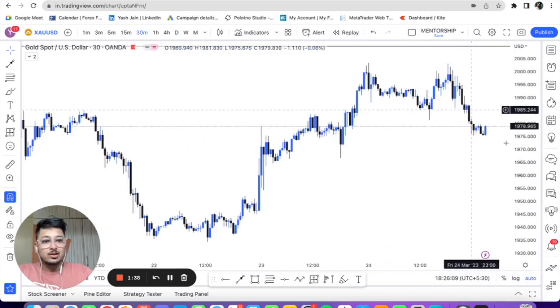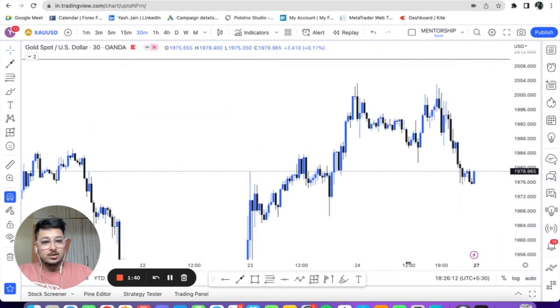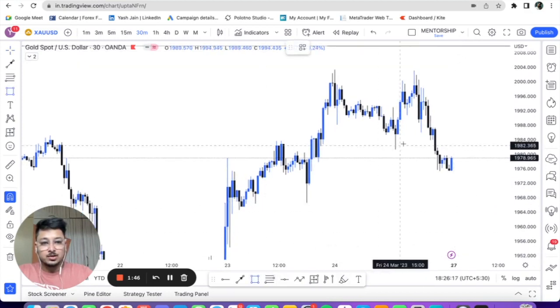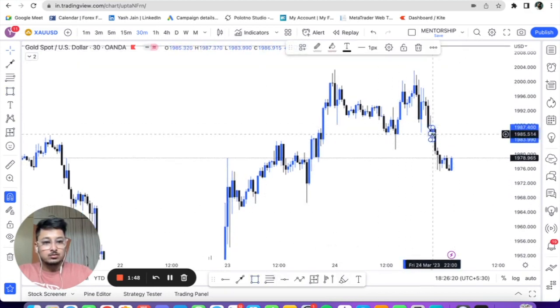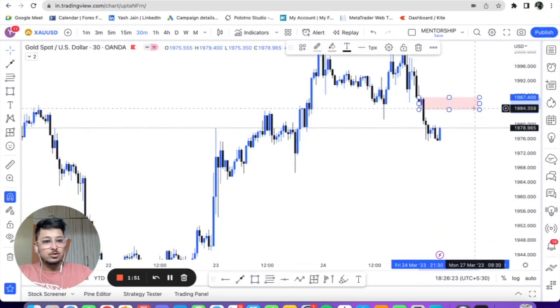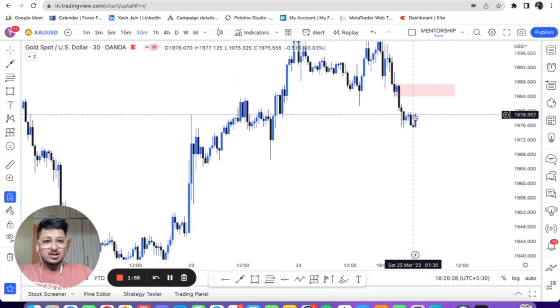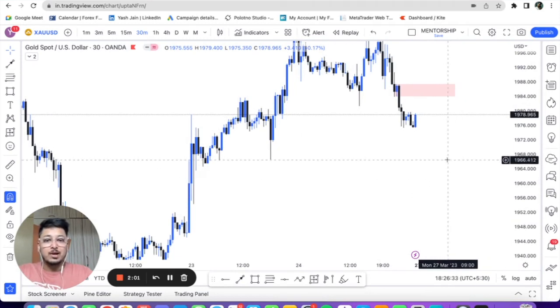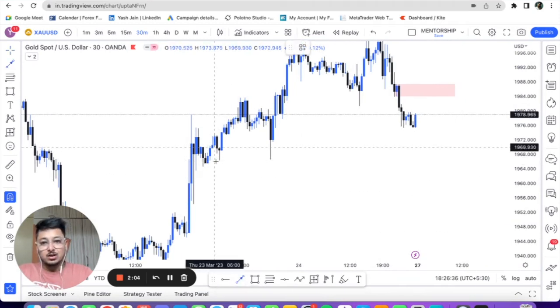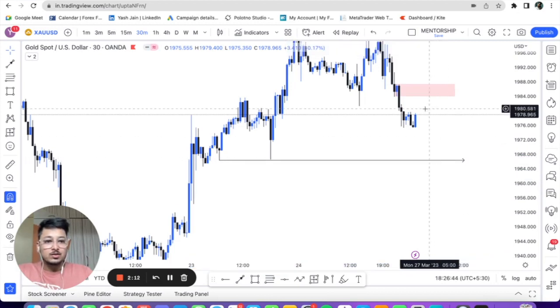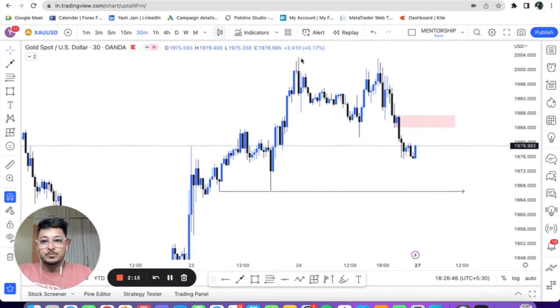If I go on a smaller time frame, on 30 minutes, from an intraday point of view, we do have some untested supply area right here. You can look for short opportunities if at all you get a pullback. Otherwise, let price simply flow down. On any pullback, try to sell it again back into the demand area. You can easily target these particular levels, which is 1966, or 1965, 64 odd levels if you get any short opportunity.